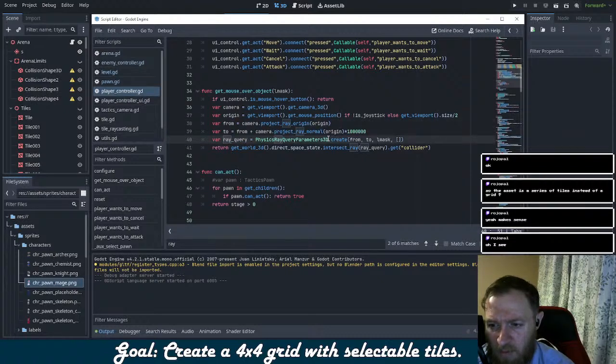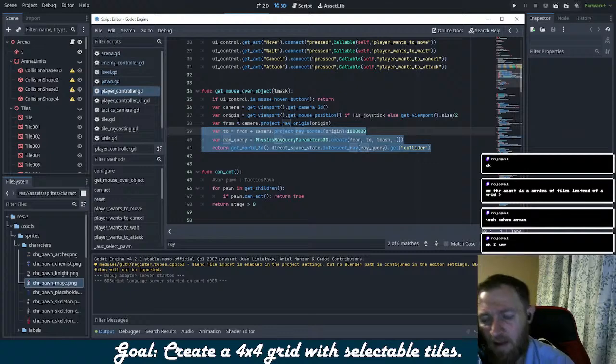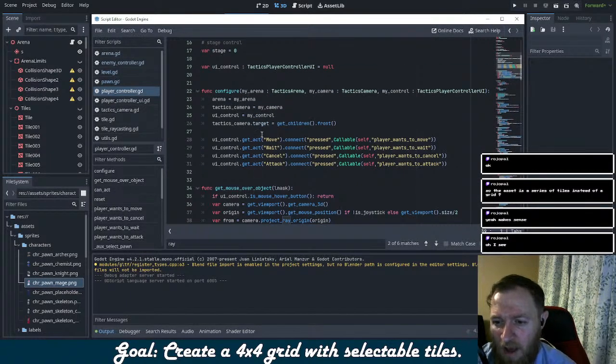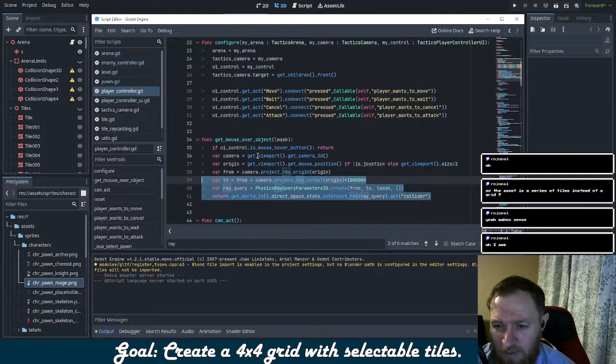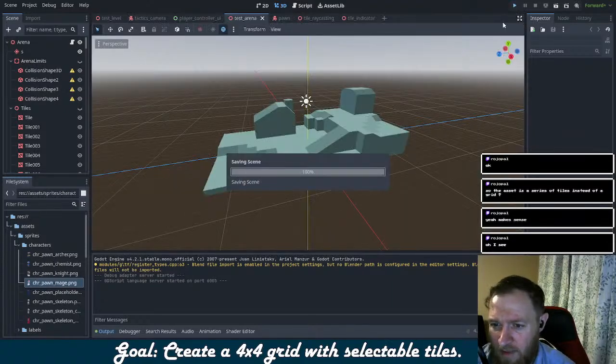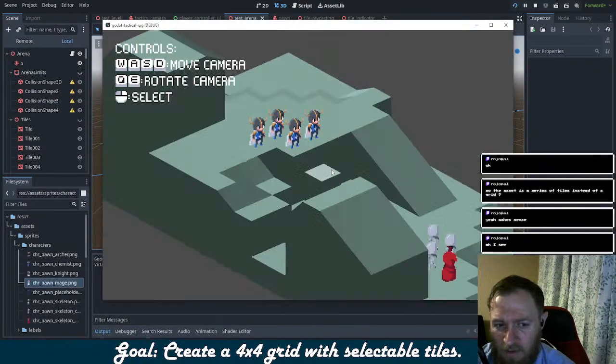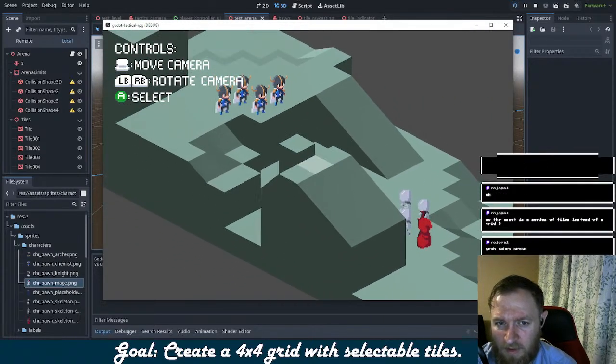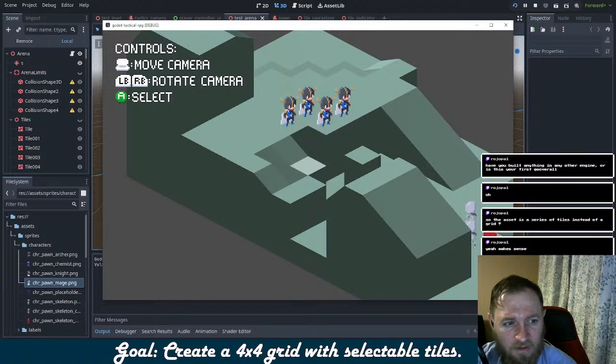Physics ray query parameters dot create. World 3D direct space intersect ray collider. I get all this. Let's get it mouse. Oh, that's the mouse over object, but I don't want the mouse over object. Unless they're just hiding the mouse, which they very well could. Let me see if I can actually see the mouse on here. I can, but I can also, when I start moving here, I